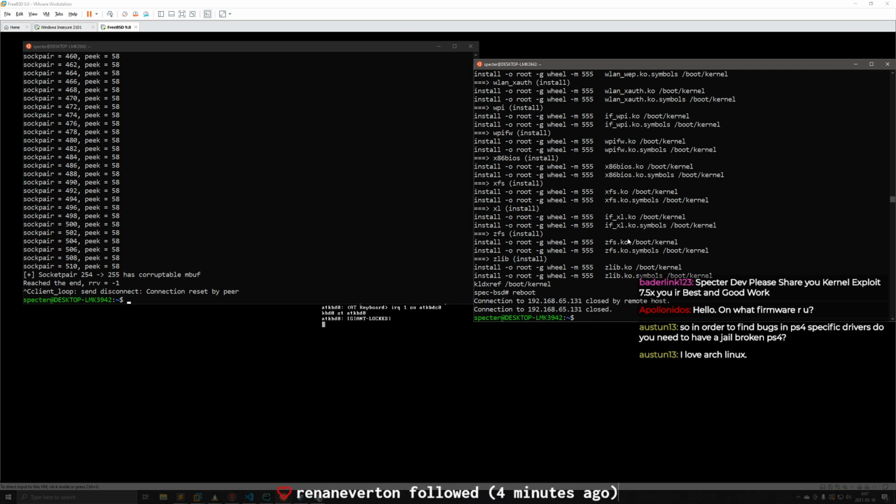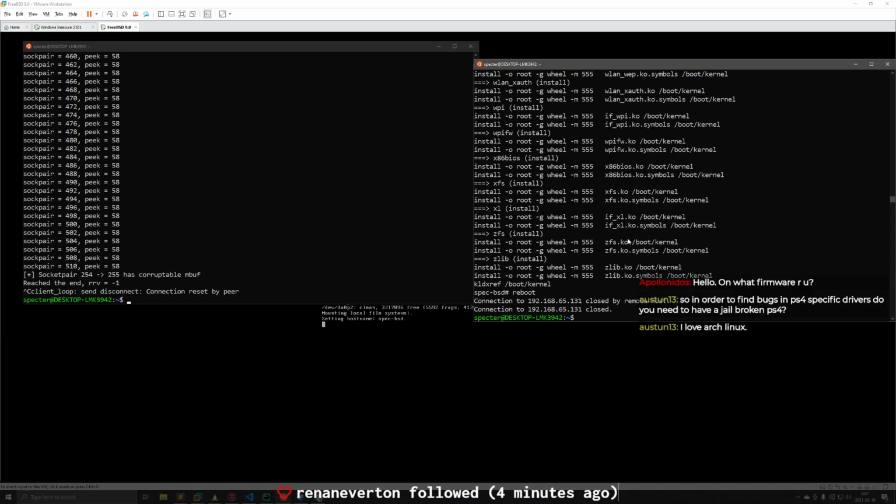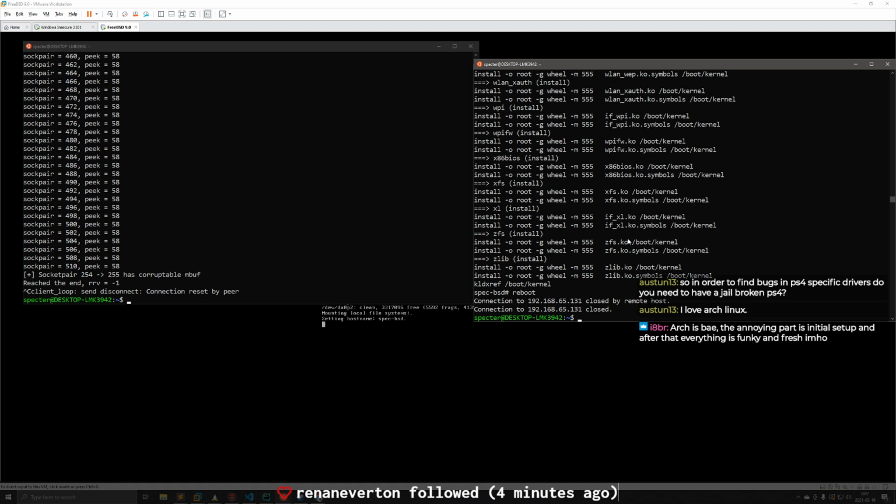So in order to find bugs in PS4 specific drivers, do you need to have a jailbroken PS4? To test them, probably, yeah. You could probably find issues with a dump. There's kernel dumps out there that are public, right? There's a 1.76 kernel dump out there with symbols. So you can reverse engineer and do static analysis to try to find bugs.